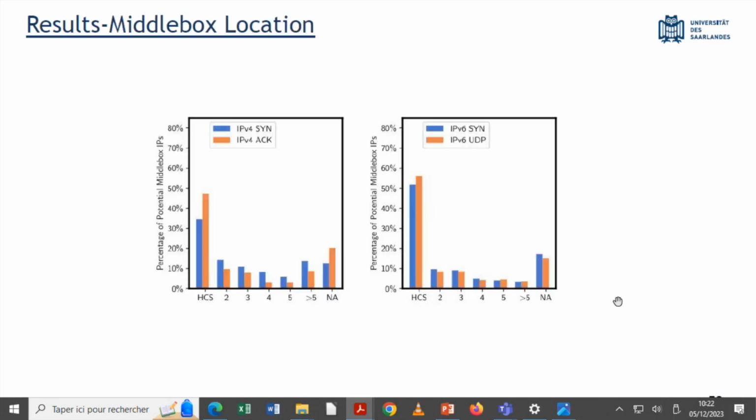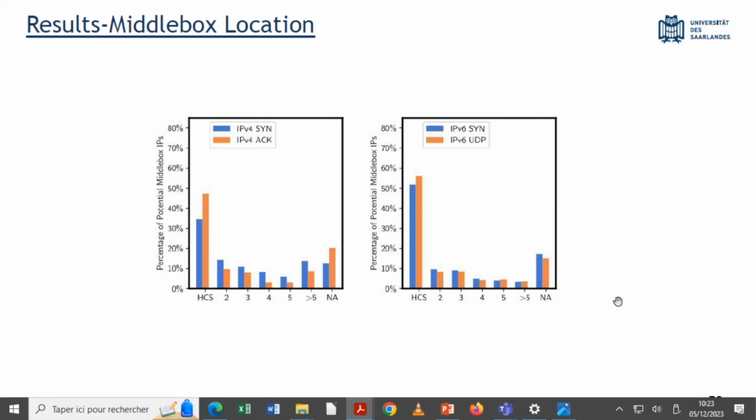And this is what we also see in how accurately we are able to detect middle boxes. Here we try to classify these potential middle box IPs into different sets of higher and lower confidence. A potential middle box IP being like hop number 5 was in the previous case. Along the y-axis, we have the fraction of potential middle box IPs. Horizontally, we have different sets based on these gap sizes.